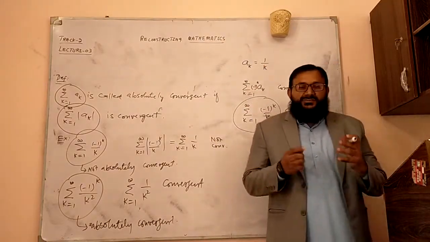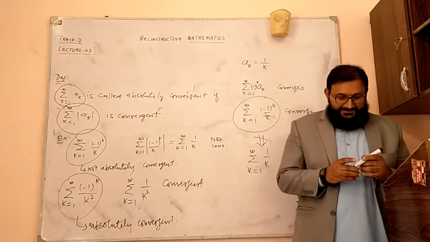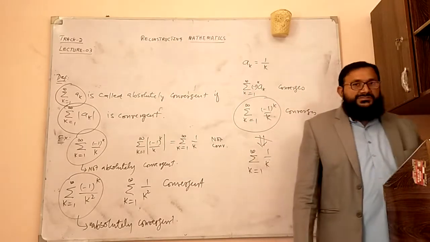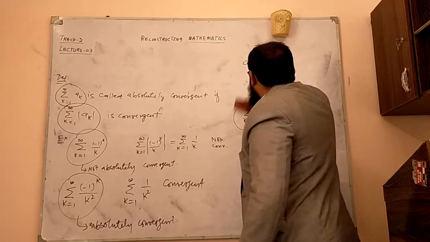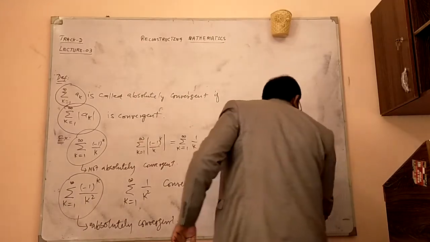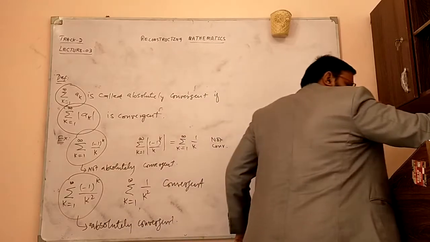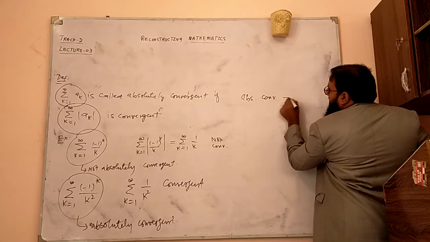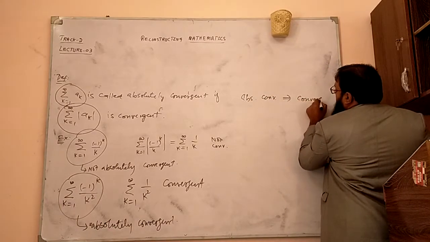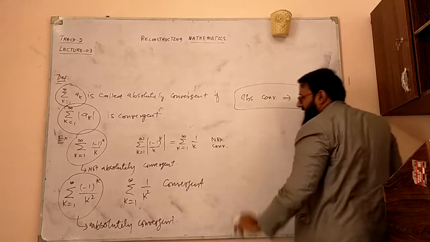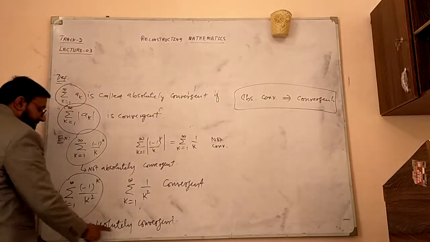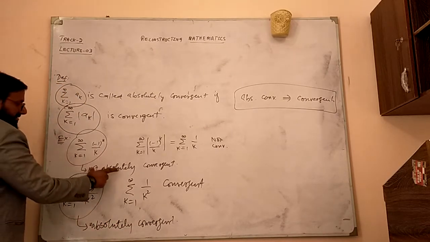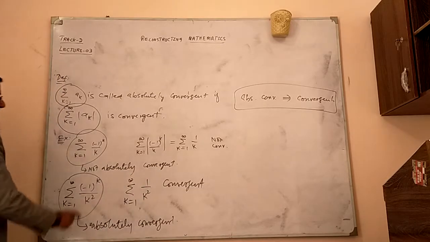So what is the relationship between absolute convergence and convergence, if we want to build it with the help of these two examples? If a series is absolutely convergent, it will be convergent. So if this series is absolutely convergent, then it is convergent as well. This series is not absolutely convergent. It means,